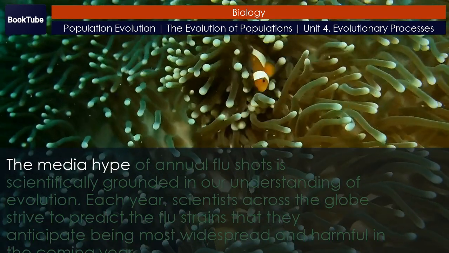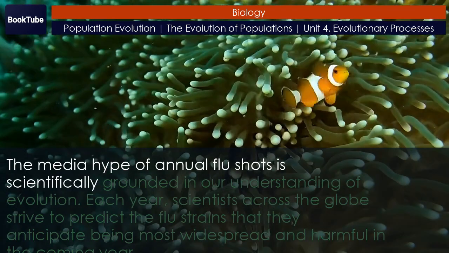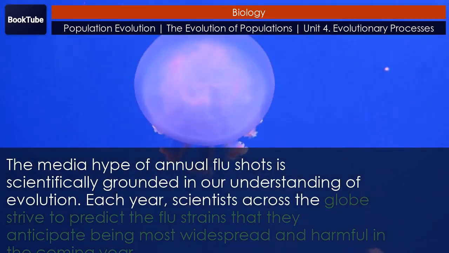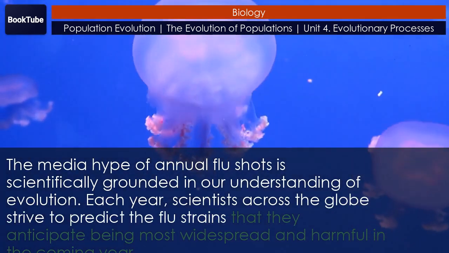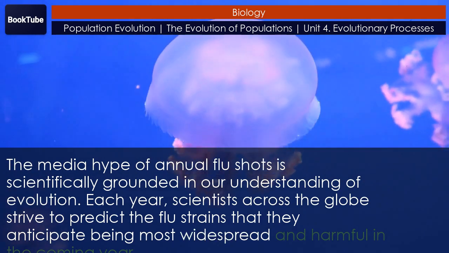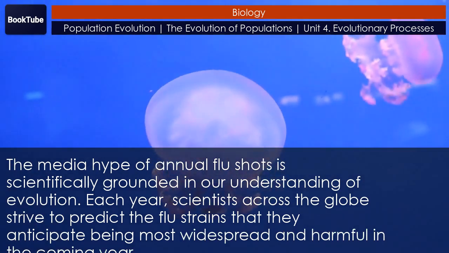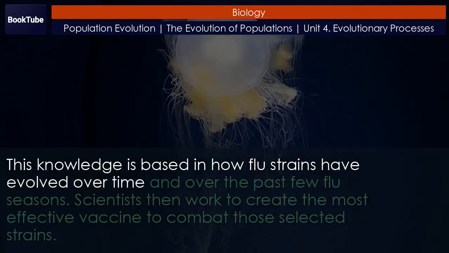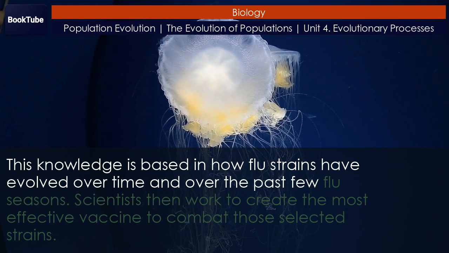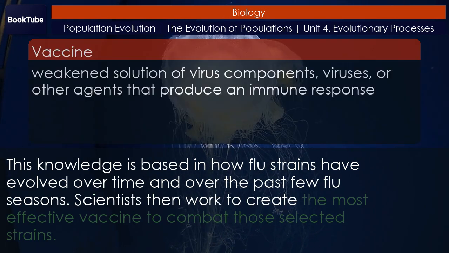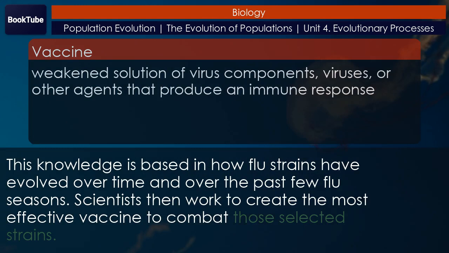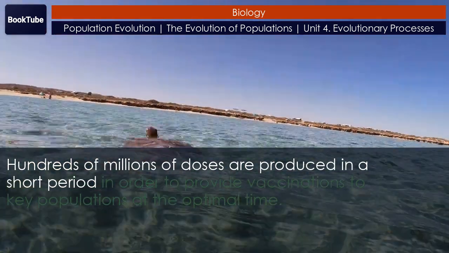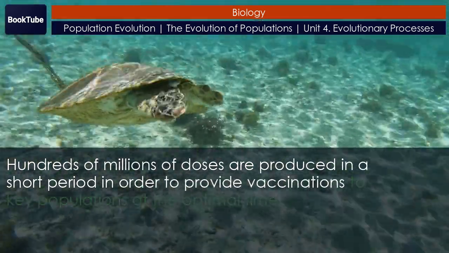The media hype of annual flu shots is scientifically grounded in our understanding of evolution. Each year, scientists across the globe strive to predict the flu strains that they anticipate being most widespread and harmful in the coming year. This knowledge is based in how flu strains have evolved over time and over the past few flu seasons. Scientists then work to create the most effective vaccine to combat those selected strains. Hundreds of millions of doses are produced in a short period in order to provide vaccinations to key populations at